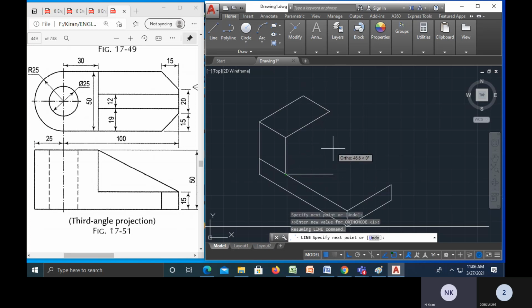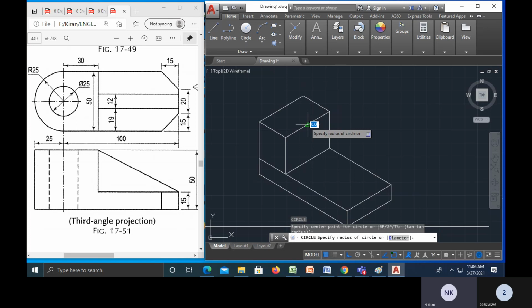Again from this point L enter, from this point I will join shift at the rate 50 mm and angle 30, okay, and I will join somewhere here. Okay, again L enter, from this point I will join here directly. Okay, this is your base point, and from this midpoint I can join L enter. From this midpoint, instead of that one, I will enter C enter. From this midpoint, what is the length? 12 mm. Okay, 12 enter,